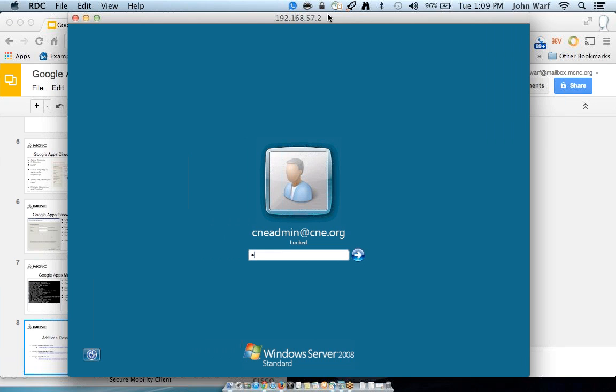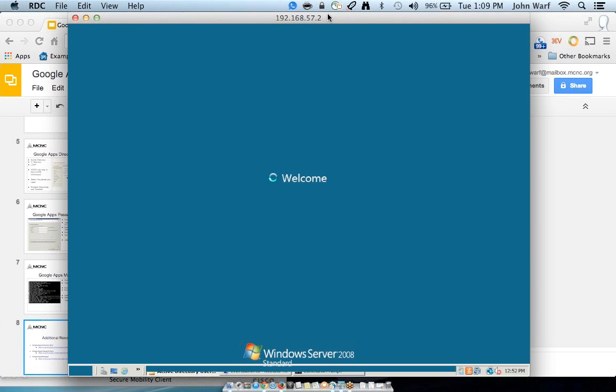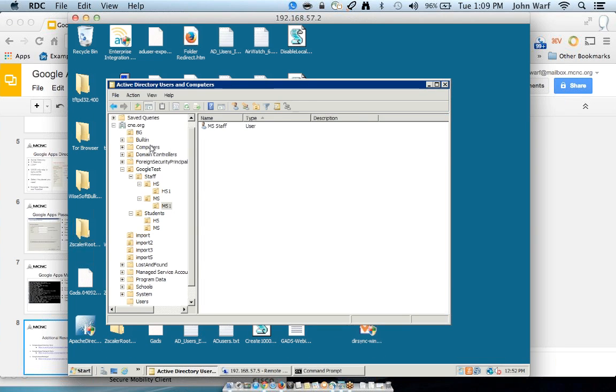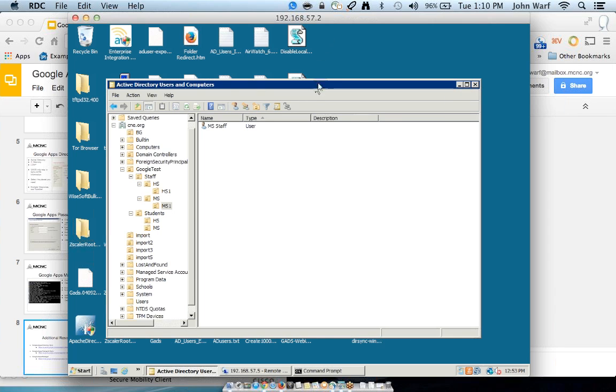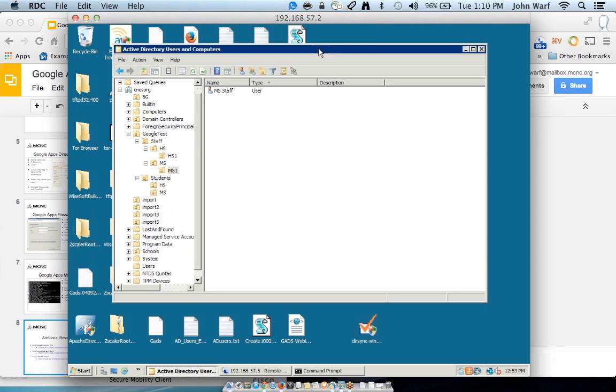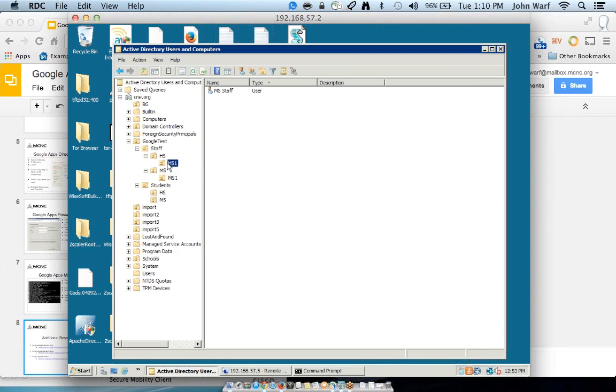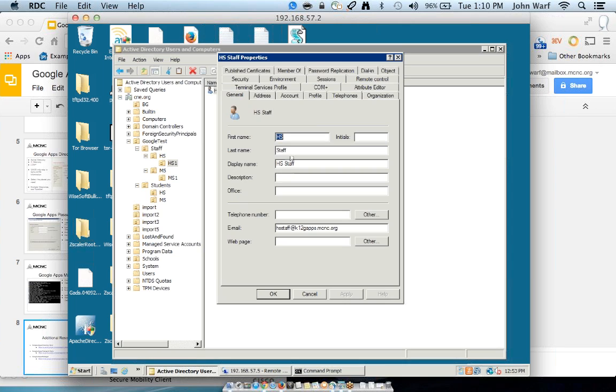If I can remember which password I have on it. So I log in, and you see I have my Active Directory. Now notice that we have several different things here in our Active Directory. Now you're going to need to be able to read your Active Directory and go through and view several different pieces. Now for me, I go in and I can view underneath my High School 1. Notice I have Google Test and I have Staff, High School 1, and I can see that I have a high school staff member. If I go to the properties of it,